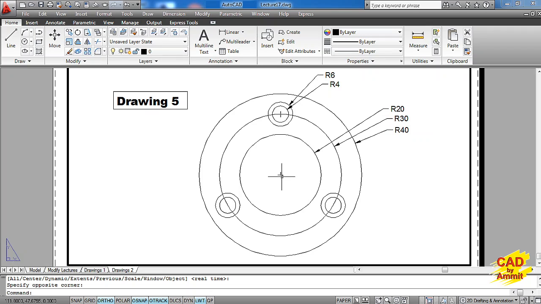Then we'll simply draw a vertical line from the center point of these 3 circles going vertically up, and this particular line will intersect this middle circle somewhere, and on this point, taking this point as the center, we'll again draw 2 circles having the radius of 4 millimeters and 6 millimeters respectively. Then we'll select these 2 circles and put them on a polar array, taking the center of these 3 circles as the center of the polar array. So this is how we plan out to finish this drawing number 5. So let's move to the model space and finish this drawing number 5.